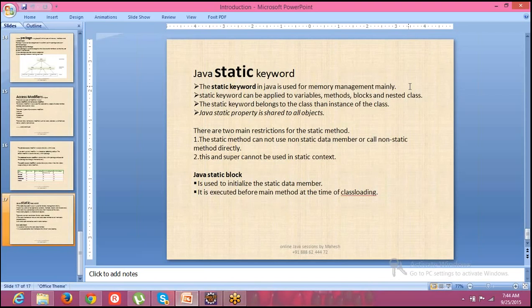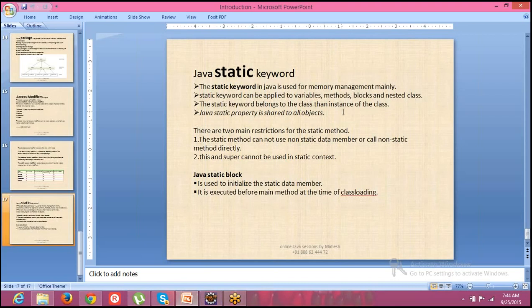What I'm saying is, they can access the static variable. I'm not saying that. What I'm saying is, they can share the static property. You got my point? Okay. If not, you will understand it in your program. Don't worry. So let me go to the program, and there you will get a clear-cut idea. Whatever the four points we have discussed, I will explain in the program. So let me go back to the program.